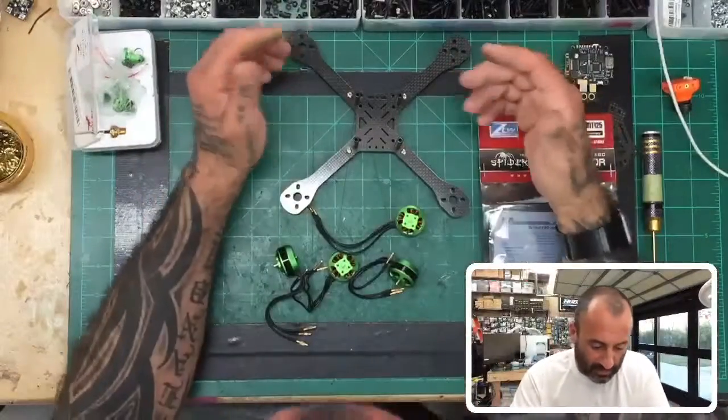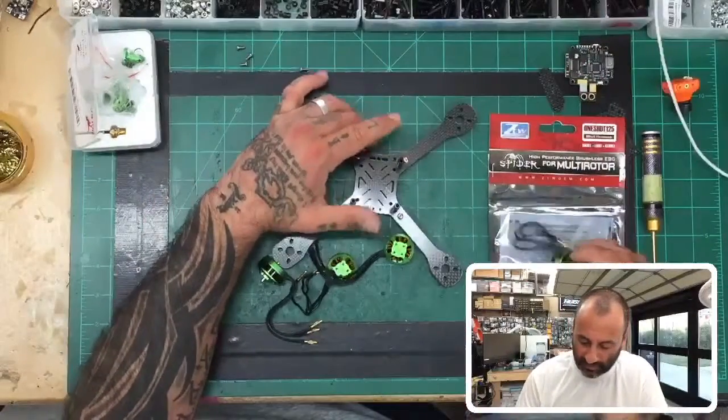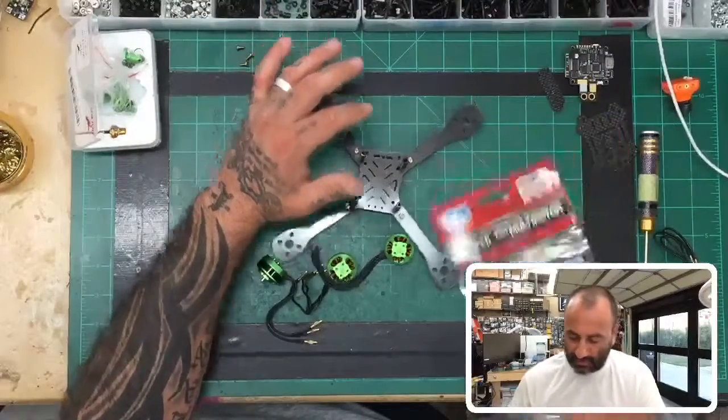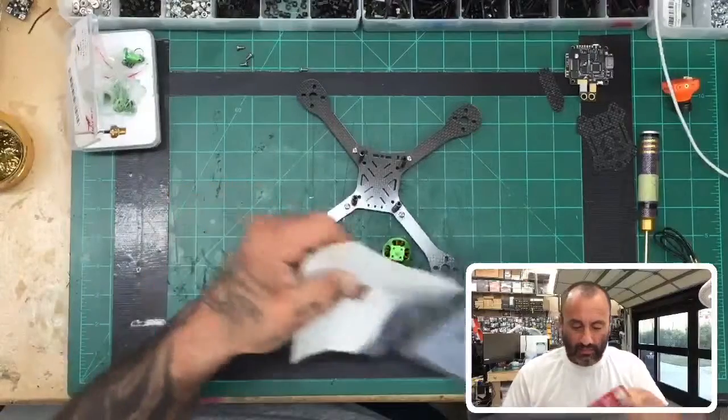All right, so one of the options here, like I'm looking at with this, is doing a build like this one, right? And so if we were to take, and I'm going to go ahead and open this up, if we were to take,